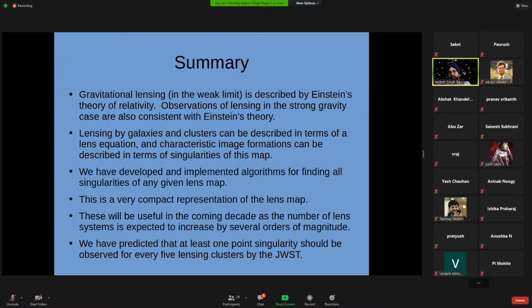To do this in the late 1980s, early 1990s, astronomers set up a system to monitor the brightness of more than 1 billion stars on a weekly basis. Because the expectation was that because of some star or a compact object coming in between, the brightness of the background star will change over a time period of 10 to 20 days. Okay.